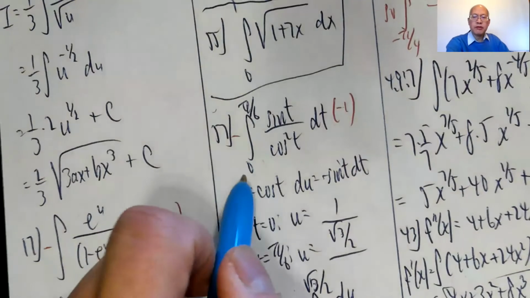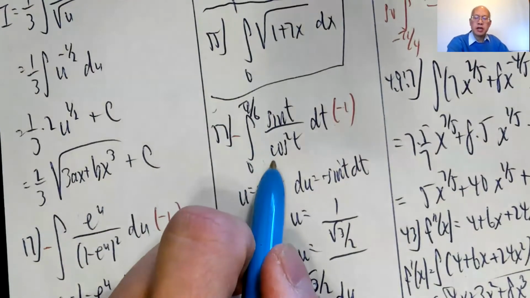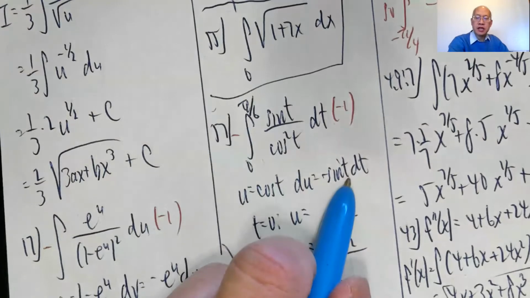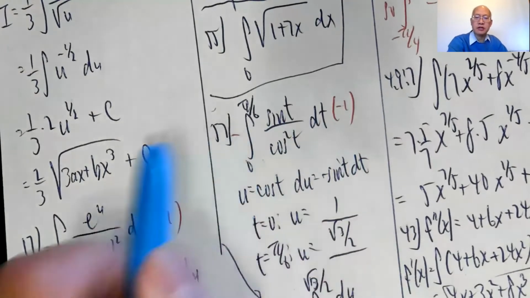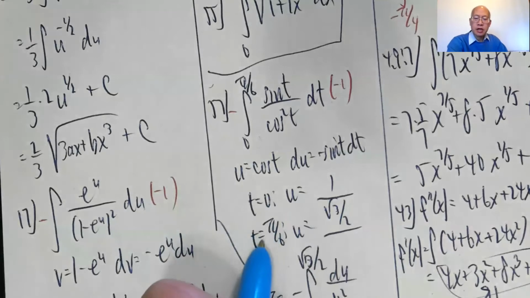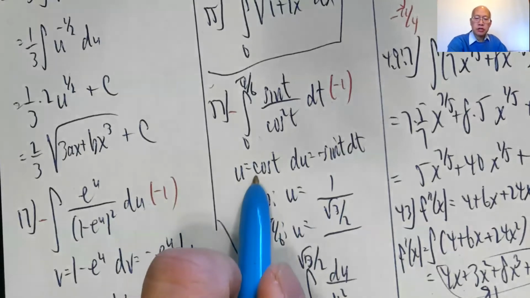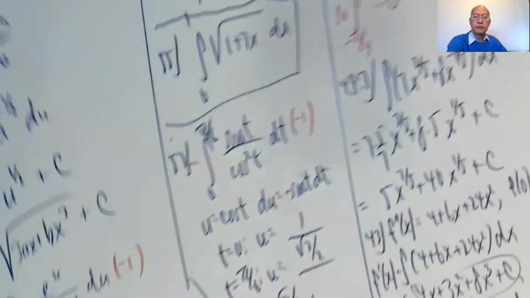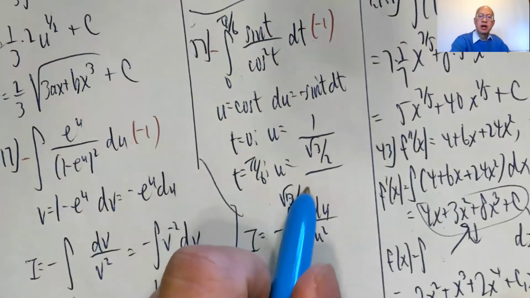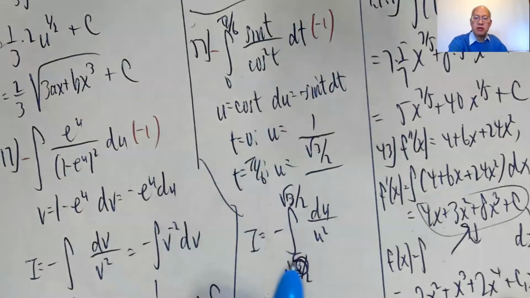57, integral from 0 to pi over 6, cosine squared t in the bottom, sine t on top. Let u be cosine t, du is negative sine t dt, need a negative 1 inside and outside. Plug in when t is 0, u is cosine of 0, which is 1. If t is pi over 6, u is cosine pi over 6, which is radical 3 over 2. So I have negative the integral from 1 to radical 3 over 2 of all of this du over u